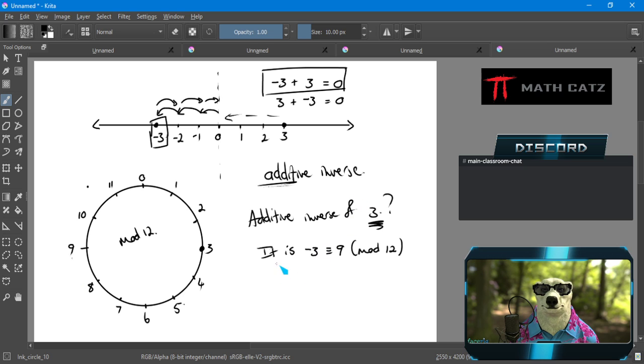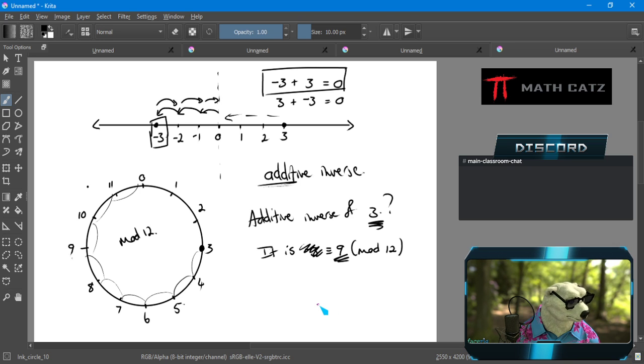The other way of doing it is to say, okay, you want the additive inverse of 3. That means I'm on 3 and I'm looking for the number of steps to get me back to 0. I can't go back because there's no negative concept here technically. So I'm going to keep going forward. 1, 2, 3, 4, 5, 6, 7, 8, 9 steps. And I get my 9 again without thinking of a -3. They're both correct. They're both going to get me to 9. It's just whatever feels most intuitive and promotes understanding to you.